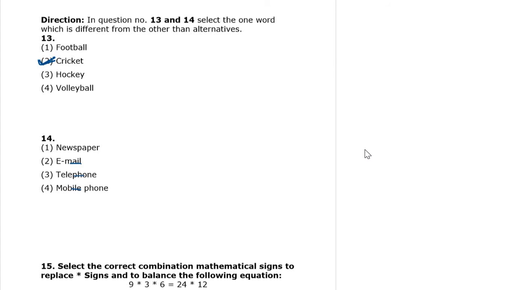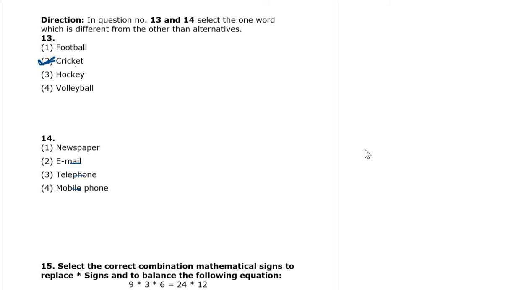But for cricket, there is no boundary. They can hit like this, 6 and more than 6 also. So it crosses the boundary. And then you can give your opinion also. The correct answer is cricket. And then what is your opinion? Why is it cricket? I think this is the answer. I am waiting for your opinion also, what you are thinking, why it is cricket.